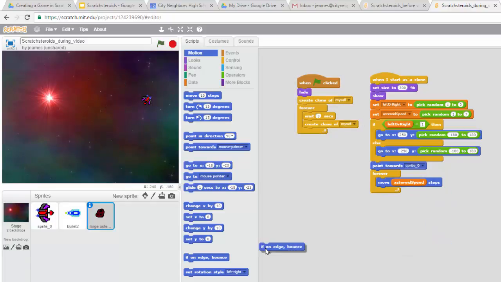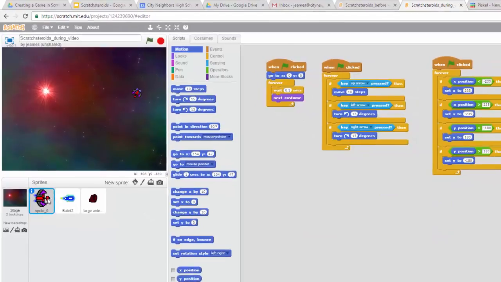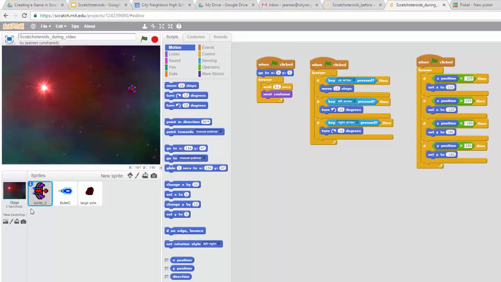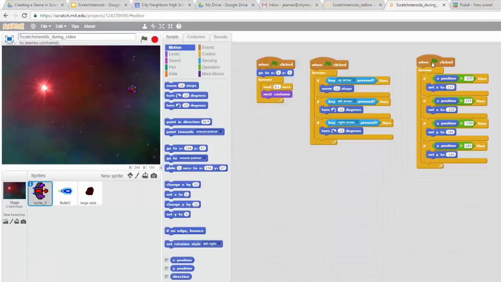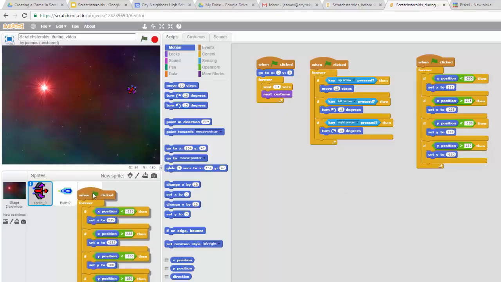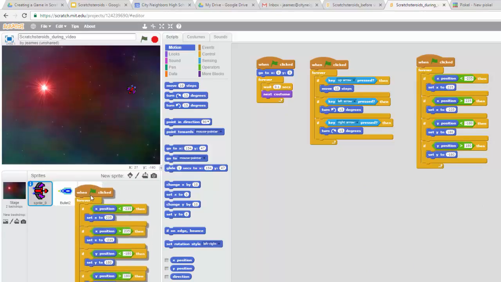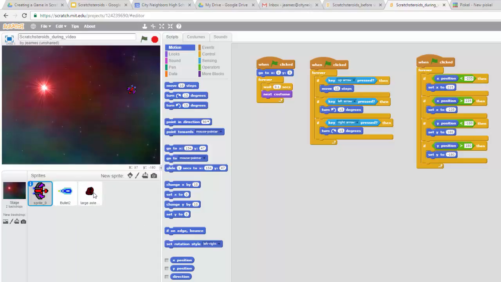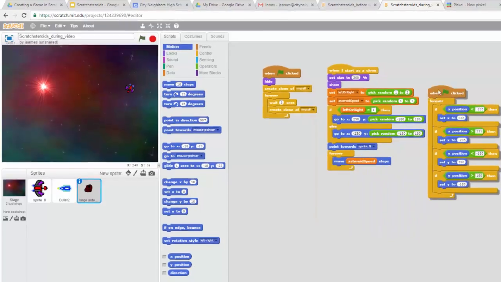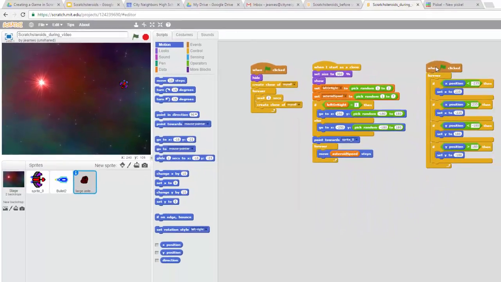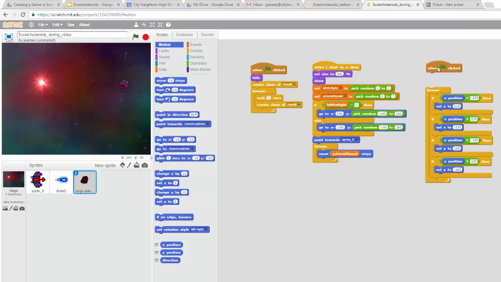The other option is to basically reuse the script we have on the ship. I've clicked on the ship sprite, and we had this fun script right here that made it so the ship would teleport when it got to one side of the screen to the other. And so all I need to do is duplicate it. And now I'm going to come over to the large asteroid, and it's kind of hard to tell that's happening, but put your mouse cursor on the asteroid and click. And it goes away because if I click back on large asteroid, I've moved that copy of it to right here. The only thing I'm going to change is that I'm going to move this when flag is clicked to say